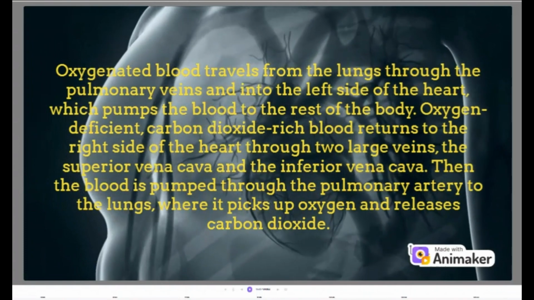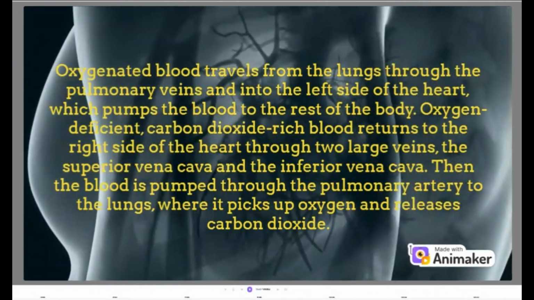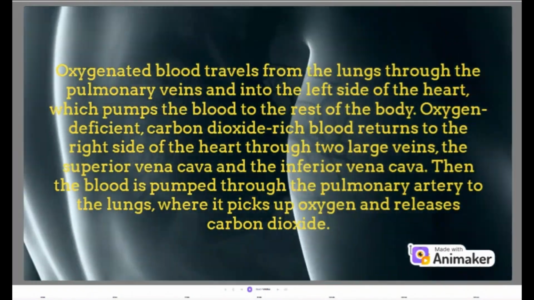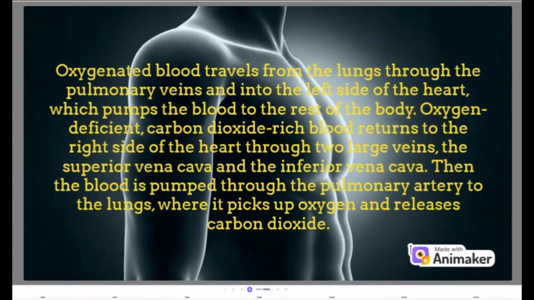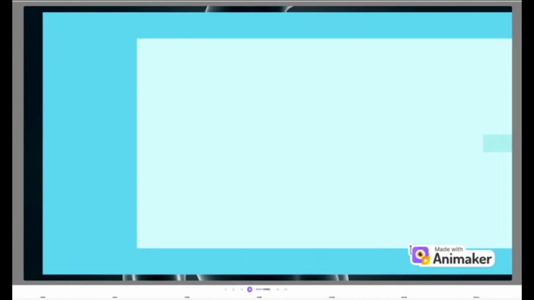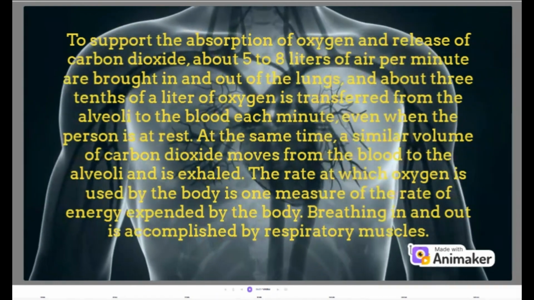Oxygen-deficient, carbon dioxide-rich blood returns to the right side of the heart through 2 large veins, the superior vena cava and the inferior vena cava. Then the blood is pumped through the pulmonary artery to the lungs, where it picks up oxygen and releases carbon dioxide. To support the absorption of oxygen and release of carbon dioxide, about 5 to 8 liters of air per